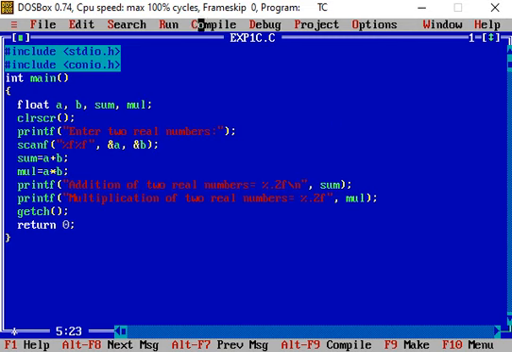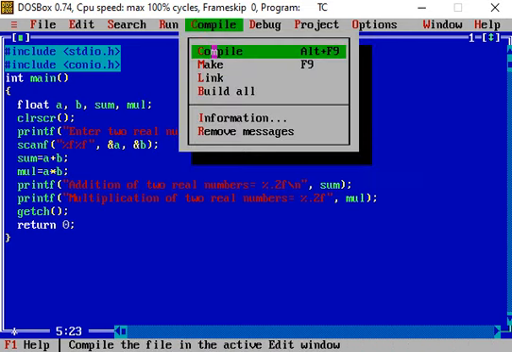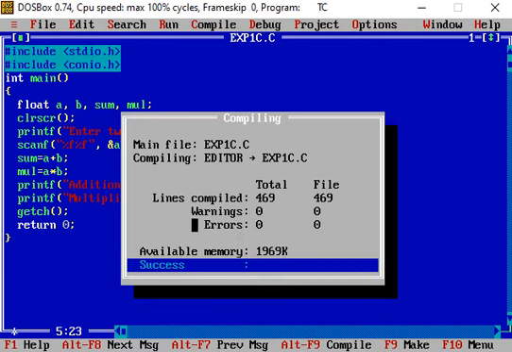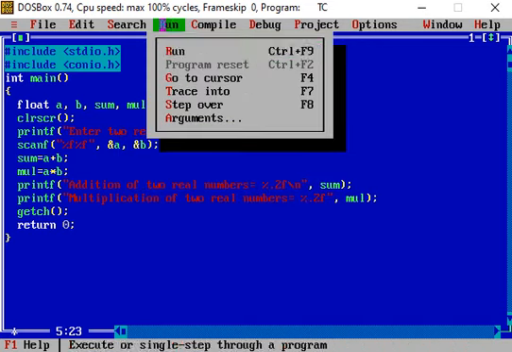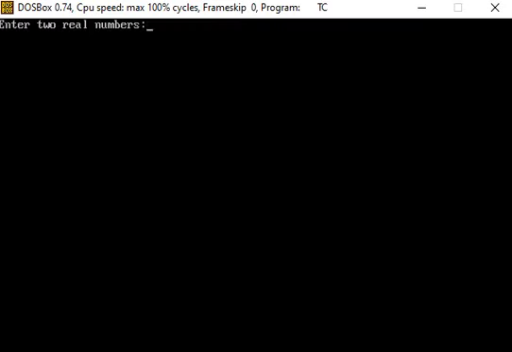So if we compile again here, then we see that the error is removed. Now we can run the program. Let us run the program. So enter two real numbers. We enter two real numbers, 0.1 and 23.5.